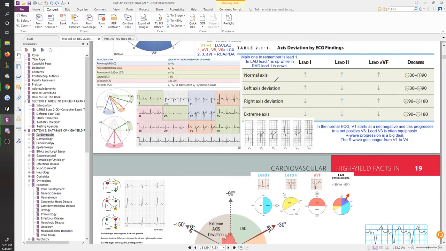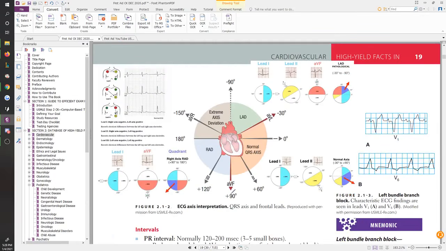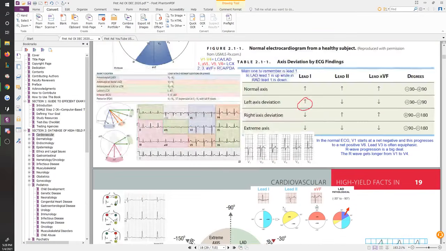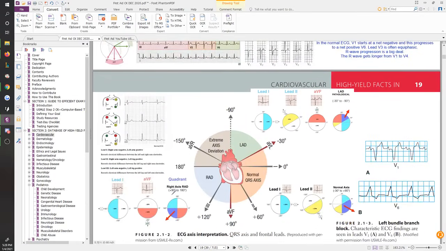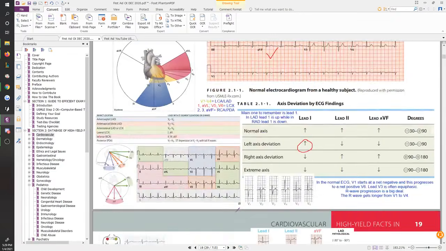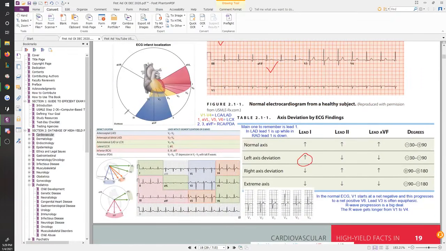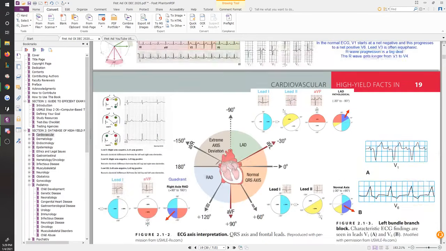If you have a patient with left axis deviation and you look at leads 1, 2, and AVF, lead 1 will be the only one pointing up. Okay, lead 2 and lead AVF are going to be pointing down. That's somebody with a left axis deviation. So if you have this image memorized, which generally speaking isn't so bad because this is actually the same image as what you see here. It's the same stuff. This image is basically the axis circle being put onto the heart, right? So that's exactly what you're seeing right here.